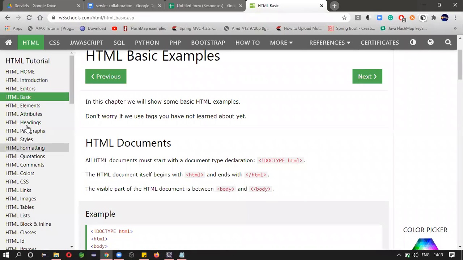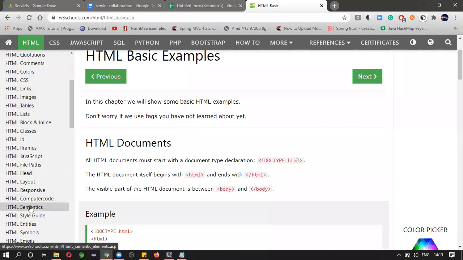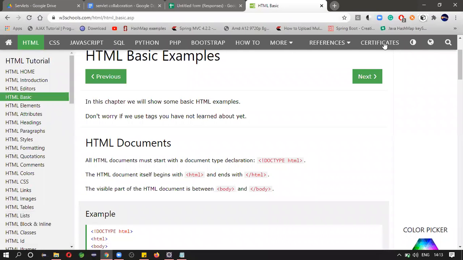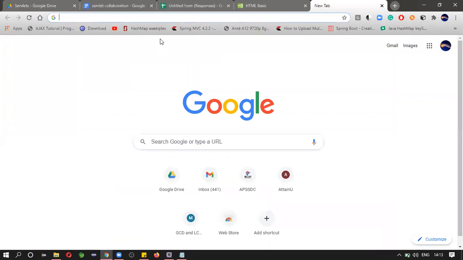So if you start from here itself, you will see a lot of tags. Okay, it is not appropriate to go through all these step by step. Okay, we directly move to forms. Okay, whatever is required, we will discuss those.